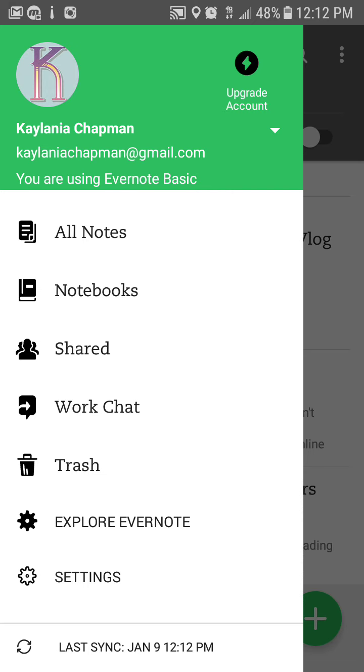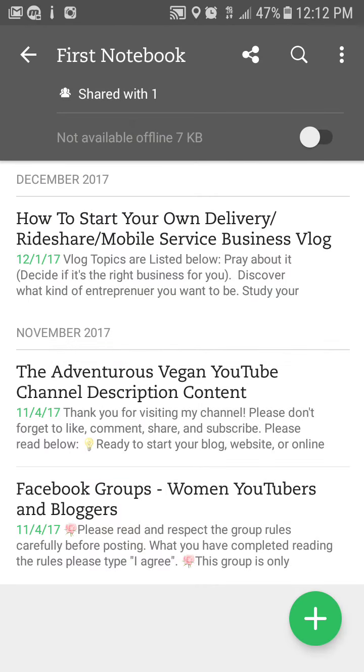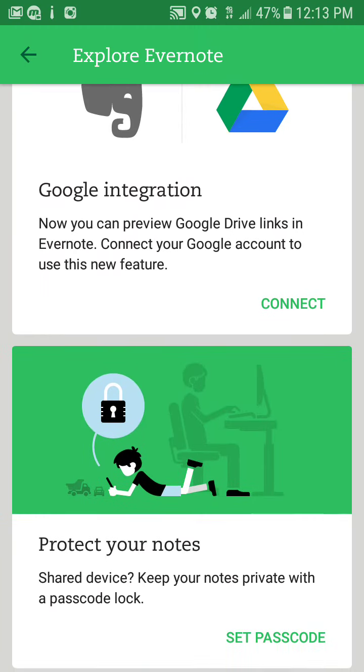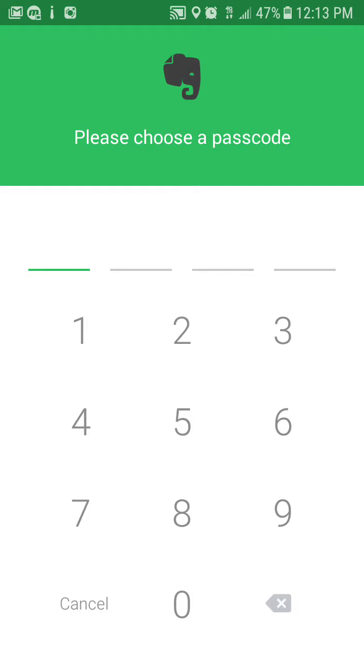But also, you're able to do so much more. You're able to upgrade your account, which enables you to have more business functionality and more space. There are different functions that you're able to get with an upgraded account, okay? So that will be totally up to you. And so I'm going to get out of that. And you're able to protect your notes. If you want to keep a passcode, like I said, to keep people from going into it, you're able to do that. You can choose a passcode, and I'm not going to do that today.